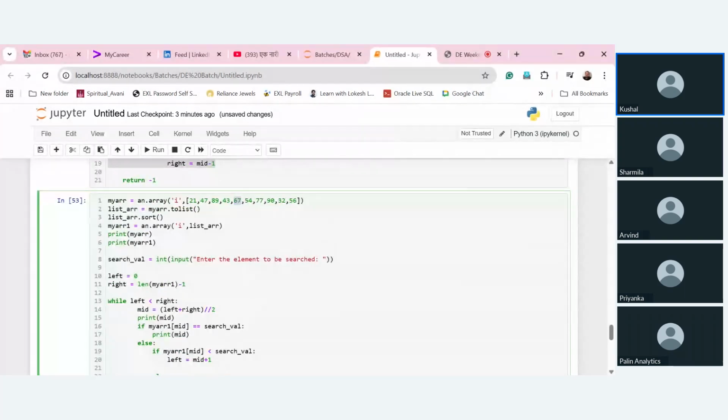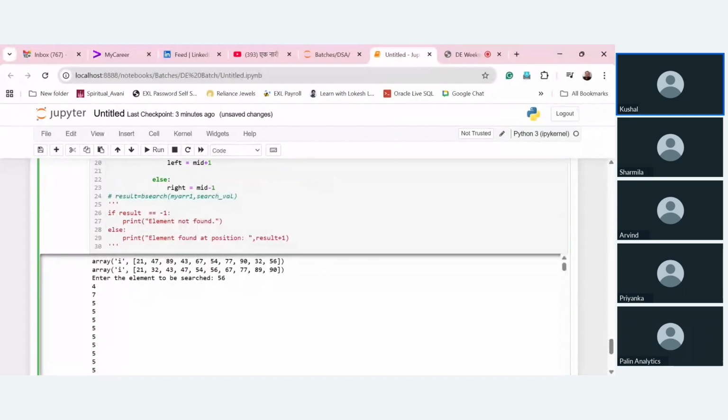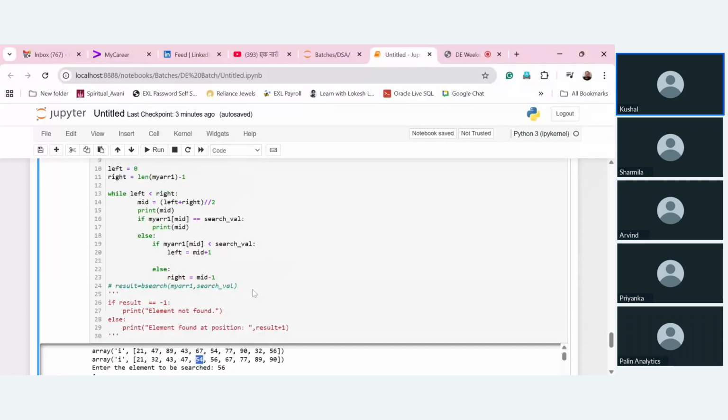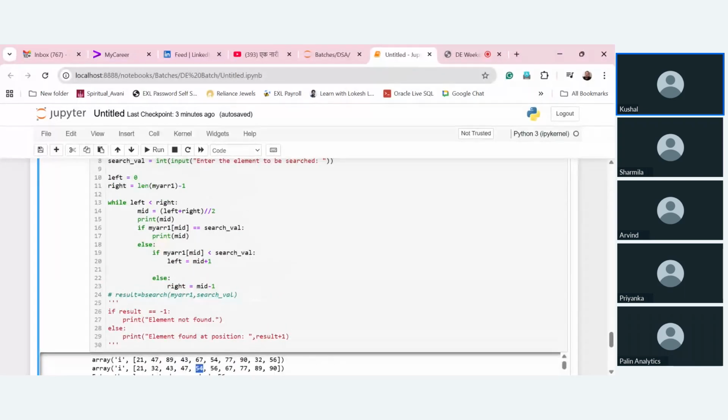Okay. No, fourth. 0, 1, 2, 3, 4. Fourth will be at this position. So now it is strange, why is it giving